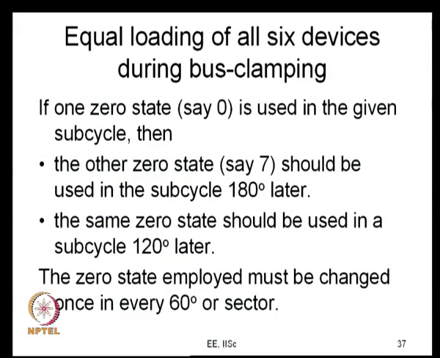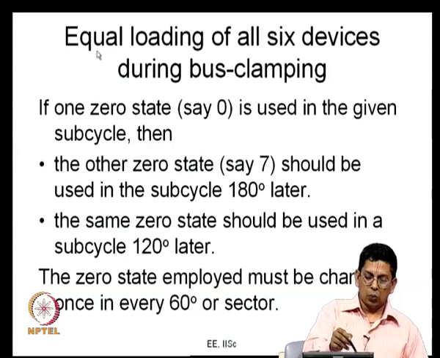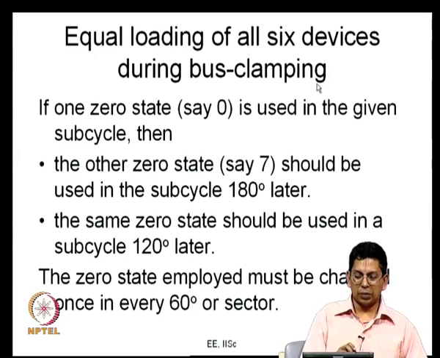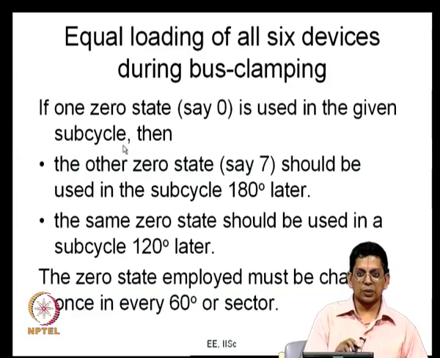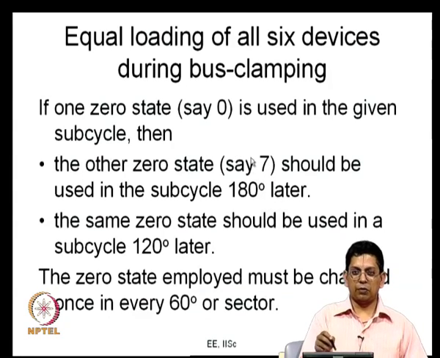So, if we do not want this unequal loading, you want equal loading of all 6 devices during bus clamping. Now, when you are doing bus clamping, that is you are going to use only one 0 state in a subcycle, still you want equal loading. What you should do? If you use one 0 state, let us say 0 or minus minus minus in a particular subcycle, then you should use the other 0 state 180 degrees later. This must be needed for half wave,